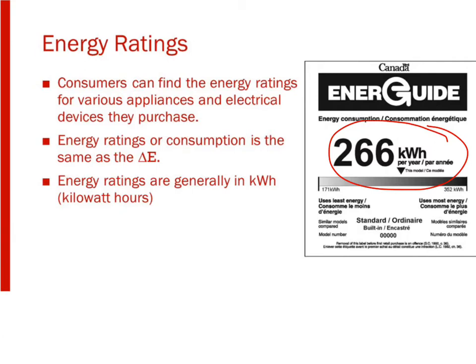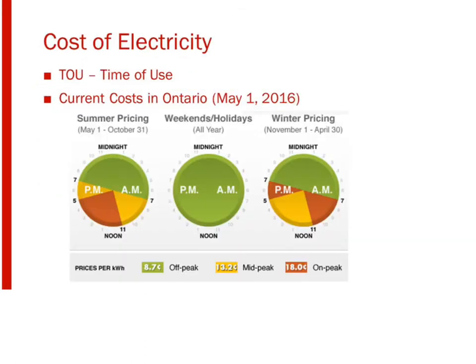So energy ratings we usually have in kilowatt hours. So rather than having watts, we have kilowatts, so there are 1,000 watts in a kilowatt. And rather than seconds, we're using hours, because oftentimes when we're running appliances, we're not running them for seconds, we're running them for hours. Before we look at our next example, we need to look at our time of use